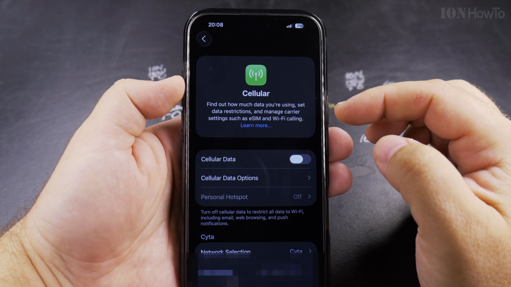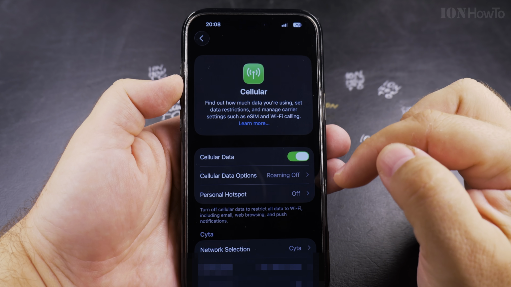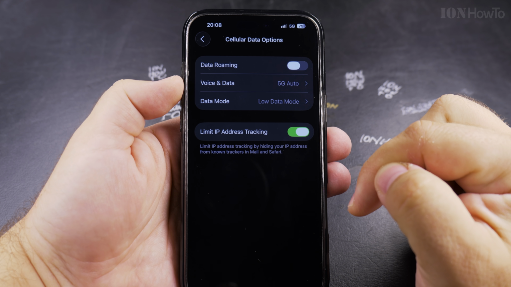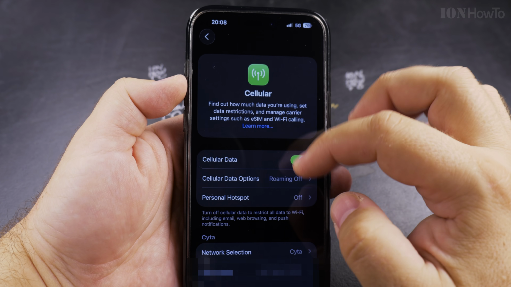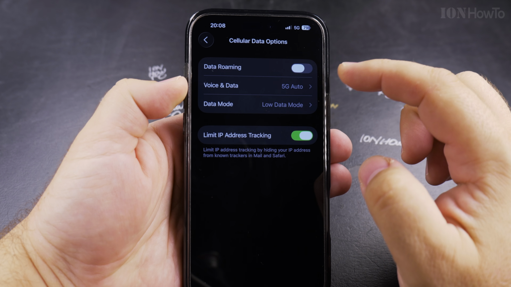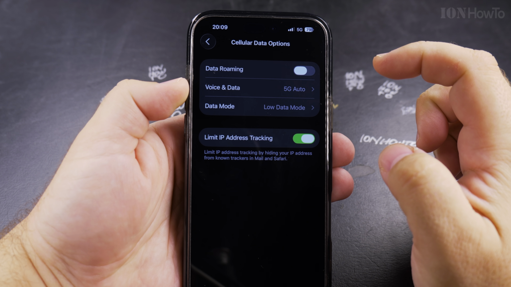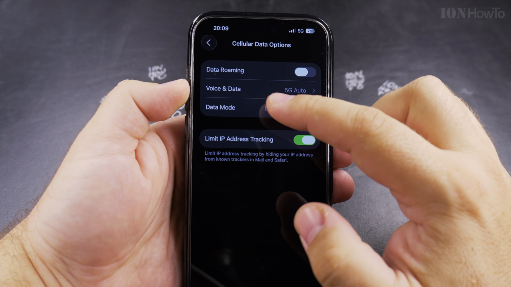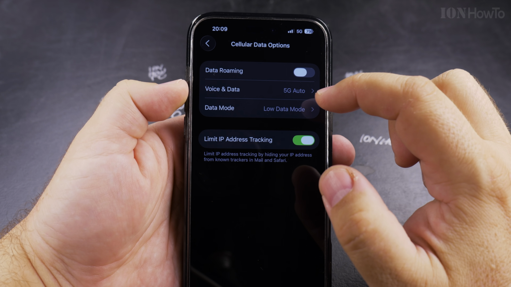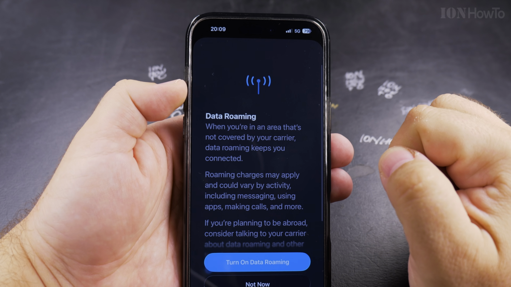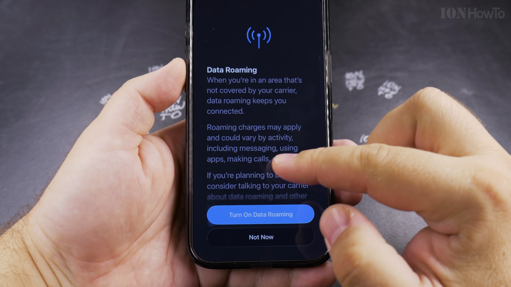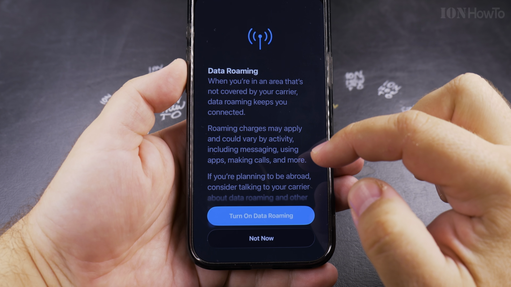But actually you have the cellular data options, roaming off. You can use the cellular data options, and here you can tell your iPhone to use data roaming or not to use data roaming, and also to choose low data mode or 5G auto. So here, data roaming, you get a little bit of a warning here. Roaming charges might apply and